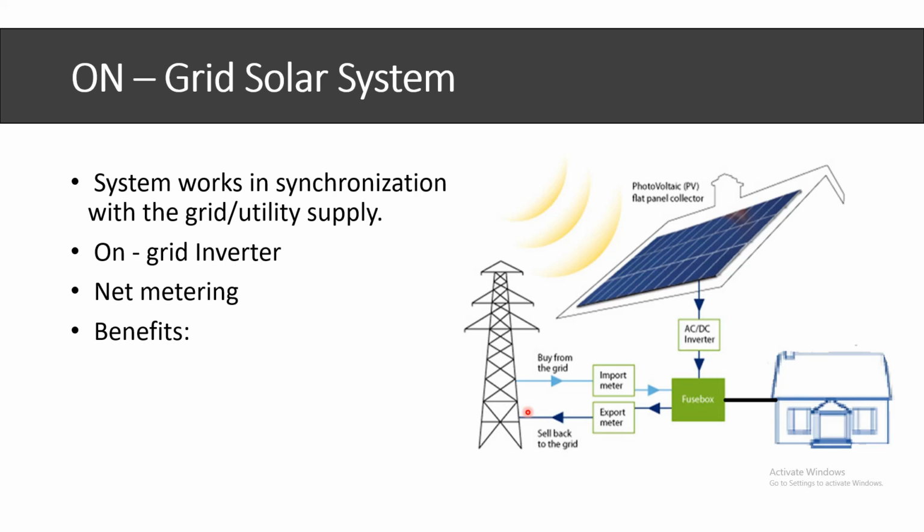So as you can see on your screen, there are two meters mentioned. This first is import meter and next is export meter. So when you apply for net metering, what the electricity distribution company does, it installs a bidirectional meter at your home. So this bidirectional meter basically records the number of import units and the number of export units. So whatever you have consumed as well as whatever you have exported into the grid, that will be recorded separately